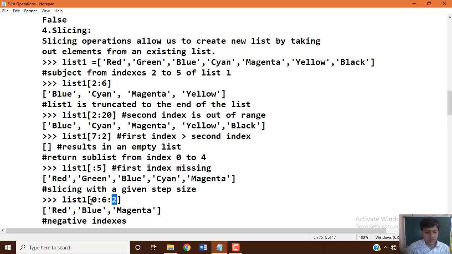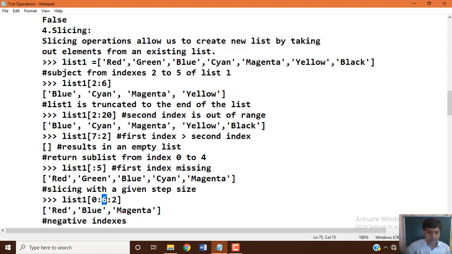So we start with 0, then with step 2 we go to index 2, then index 4. Index 5 and 6 will not be considered, because 6 means 6 minus 1, which is 5. So you will get the values at index 0, index 2, and index 4.